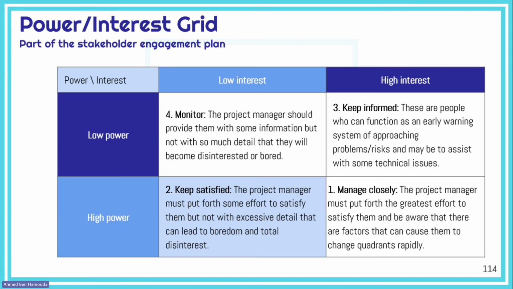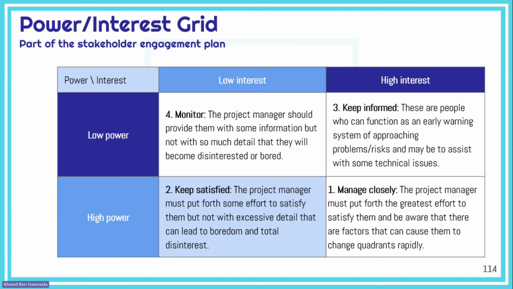Okay, then in third position come the stakeholders who are really interested in your project. They care a lot for your project, even though they don't have high power. They have low power, but these people who are interested, they could be your peers or your colleagues or people from other departments, probably your partners. You want to keep them informed because they could function as an early warning system. They could alert you in case of any approaching risks, and maybe they could assist you in solving some of the technical issues. Okay, so those are sort of your wheels in the project, and you really need these people,